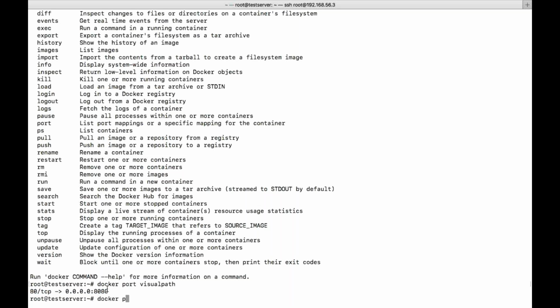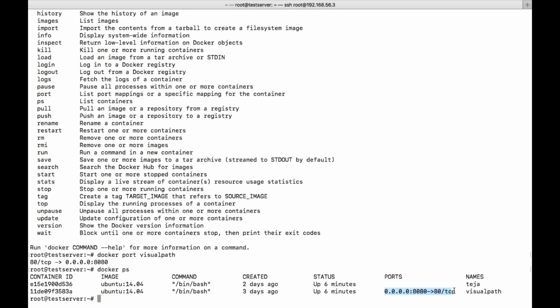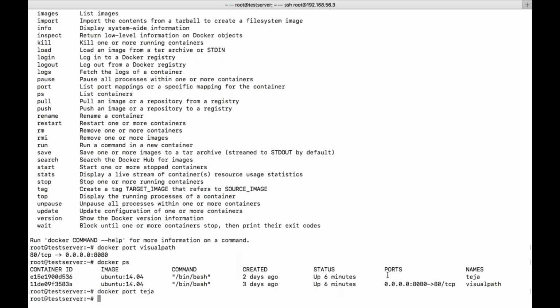If you want only this specific information, then we need to give docker port and the container name. Let's say if I use another one, it is not listing anything because we don't have any port forwarding assigned to this particular container. So that is all about port.